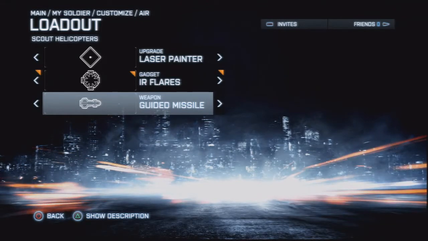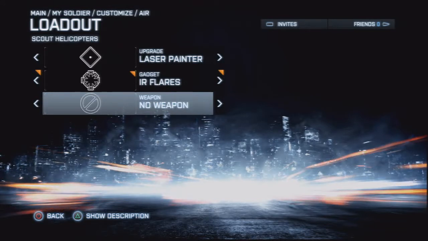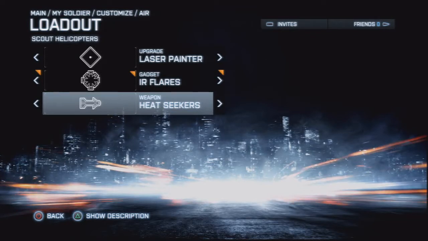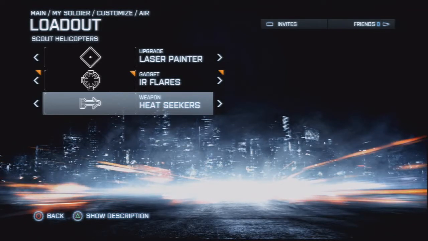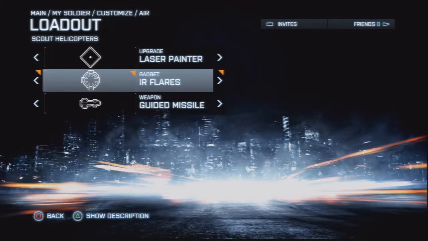The downside with the laser painter and the guided missile compared to the heat seekers is that it has a rather high chance of missing air targets, because it tries to hit them from behind, and then it will hit them too far back, and it will miss. But still I use the guided missile and the laser painter because I want to be taking out tanks and transport vehicles. As for the gadget, I